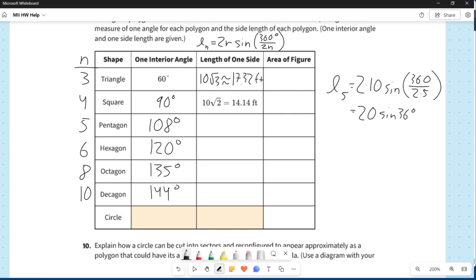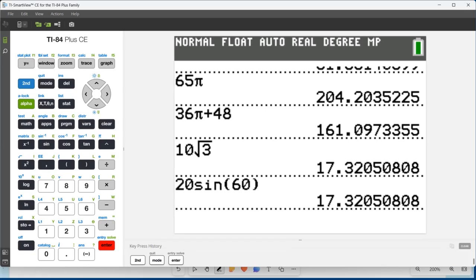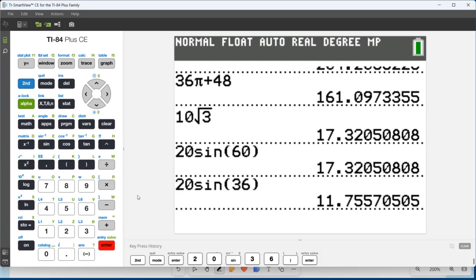Now, 36 degrees is not a special angle that we tend to know much about in trigonometry, unlike 30 degrees or 60 degrees or 45 degrees. 36 is a quote-unquote random angle. I certainly do not know what the sine of 36 degrees is. If you do, that's good for you, but I don't, so I'm going to go to my calculator. We're just going to type in 20 sine of 36. Again, you have to be in degree mode, which we are. And if I press enter, I get